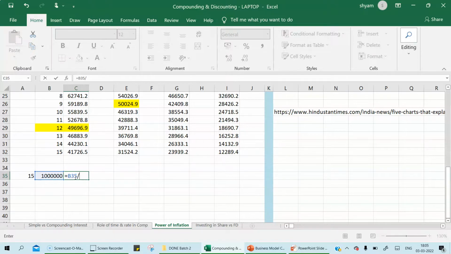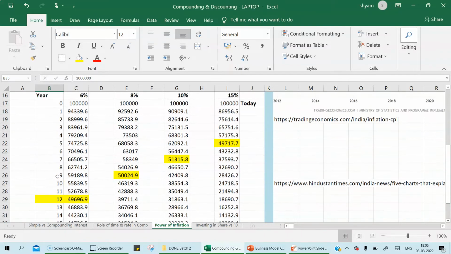10 lakhs divided by 1.06 to the power of 15. So it's like 15 years the interest has to go up. So it would be somewhere like 4 lakh, I think. Yes, so you get the number here. It's 4 lakh 265. So if any insurance company says that after 10-15 years we will be giving you